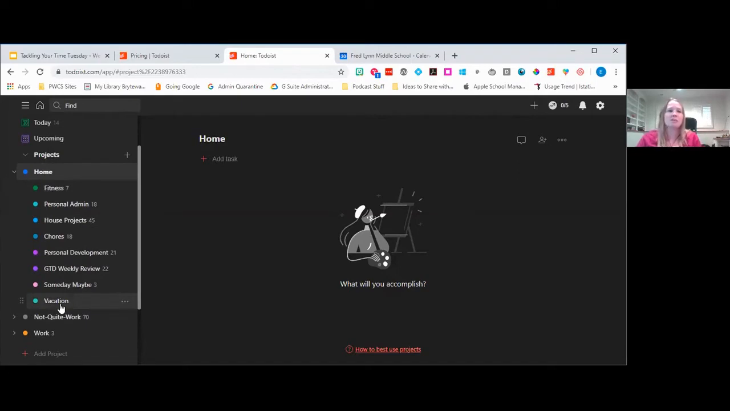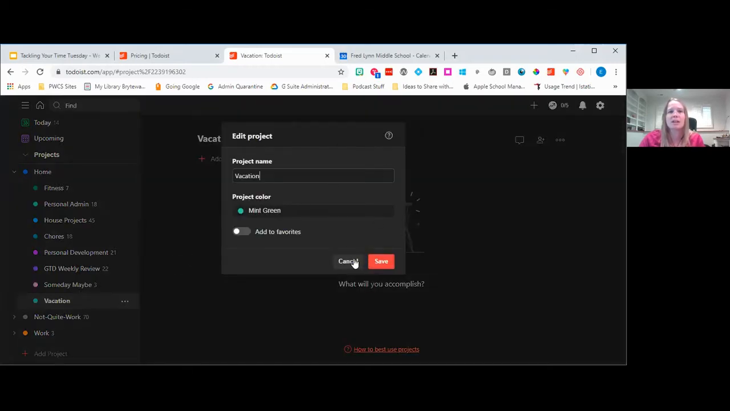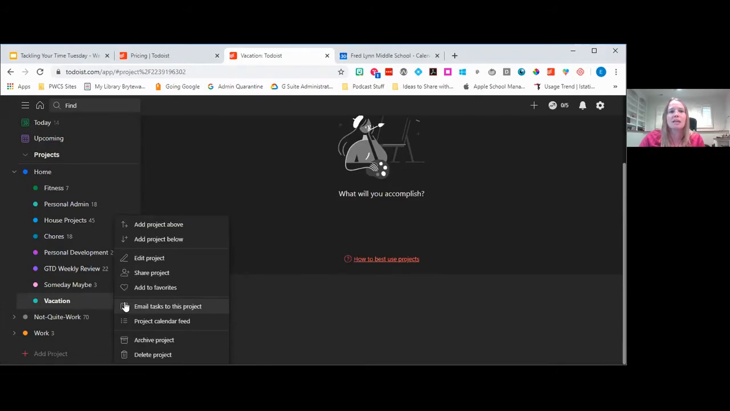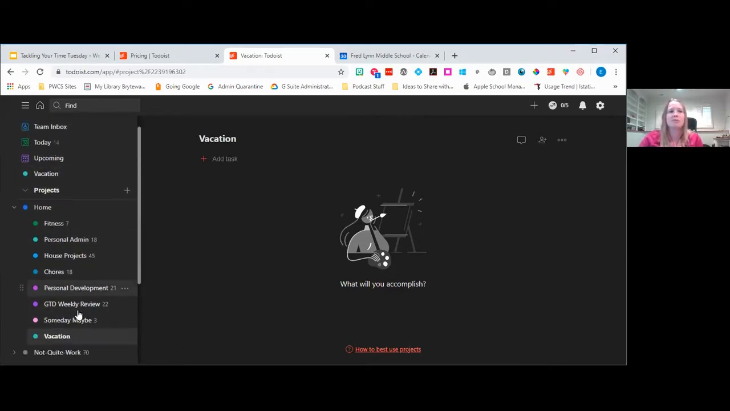So if I click on vacation, I have a lot of choices that I can do within this project. The first one is that I can click these three dots here, this ellipsis, and I can decide if I want to edit it, if I want to change the name or the color, I can do that. If I know that I am absolutely going to be using this project again and again, I might add it to my favorites. It stays here in the section of home, but now it's also up here at the top, so I can look at it really quickly and in my important views,